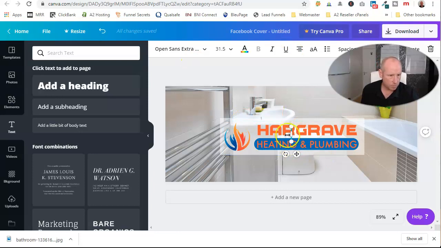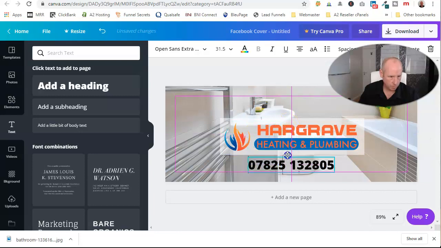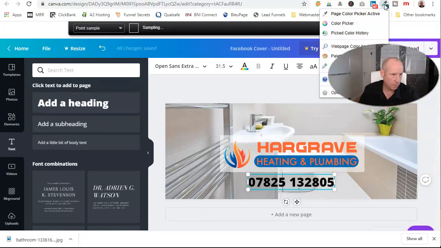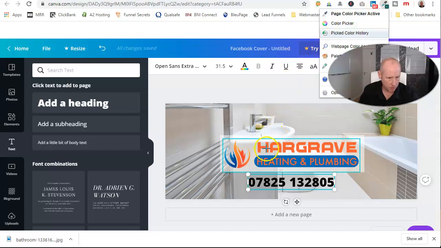Okay, so that's the phone number. There you go, so it's centralized. If we wanted to take the colors from here, what we can do, there's a little Google add-on that you can get called Color Picker. And I'll come down and we'll go for the